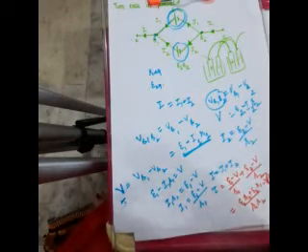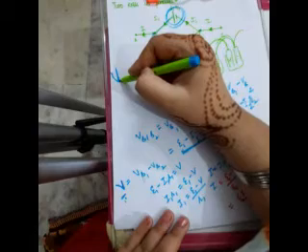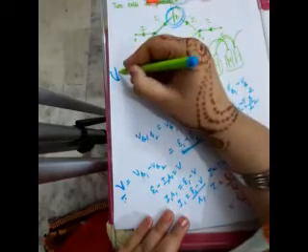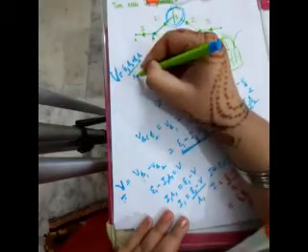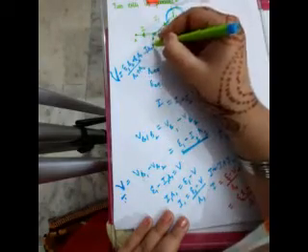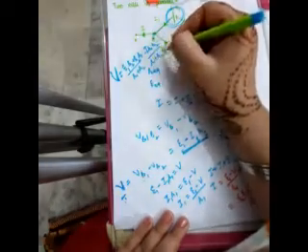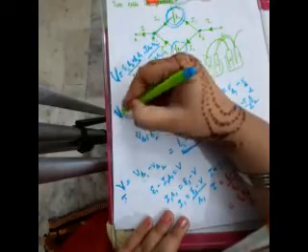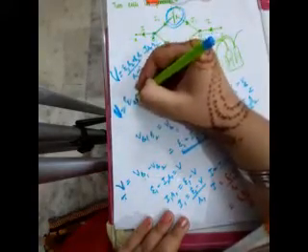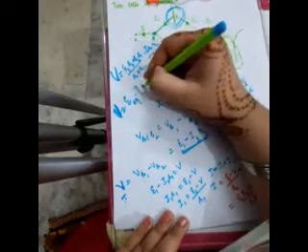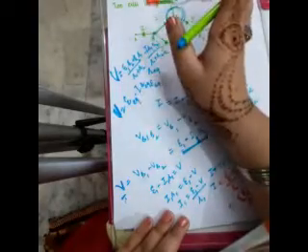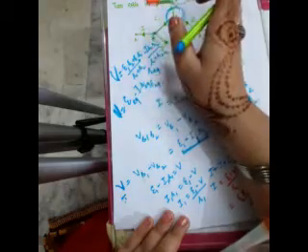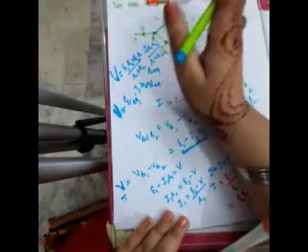So after that, calculate the value of capital V. Okay. So when you calculate it, it will come as epsilon 1 R2 plus epsilon 2 R1 by R1 plus R2, minus I R1 R2 divided by R1 plus R2. Now compare it with the standard equation. Terminal potential difference is equal to epsilon equivalent minus I into internal resistance equivalent. So from here, find out the value of R equivalent and the value of epsilon equivalent, and just tell me what you have got.